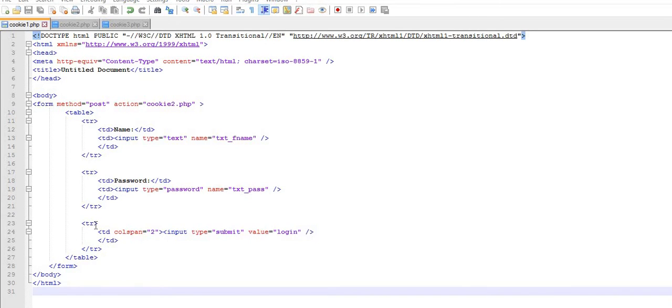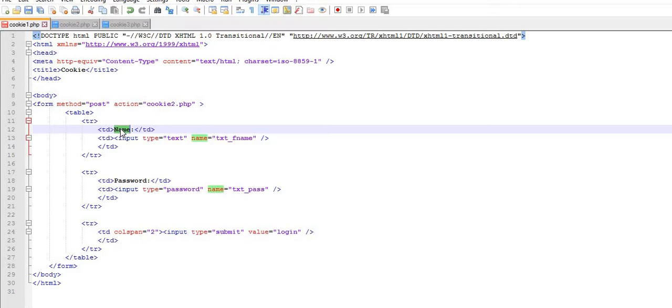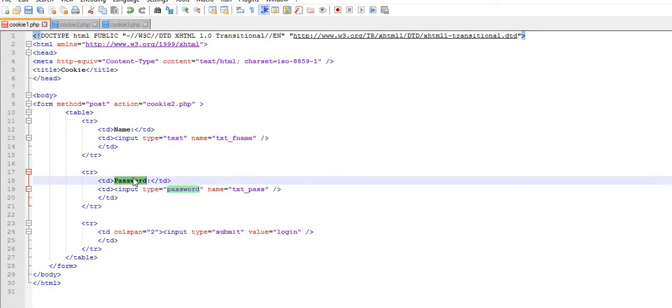Let's see with an example how to create a cookie. Here I create one file in which there are 2 fields. The first one is name and the second one is password. On pressing the login button, if username and password match, then give a simple welcome message to the user. So here I passed the action to